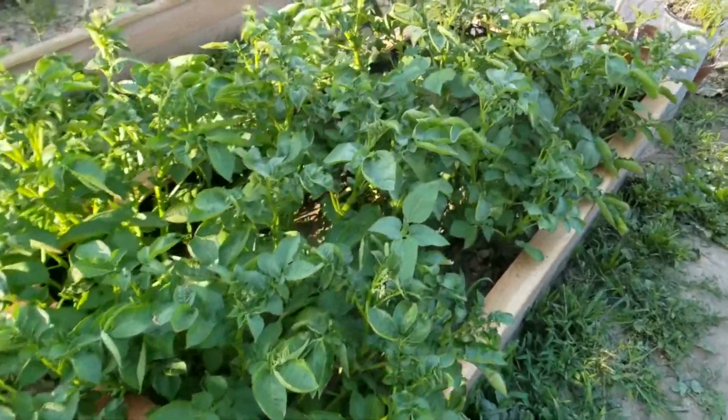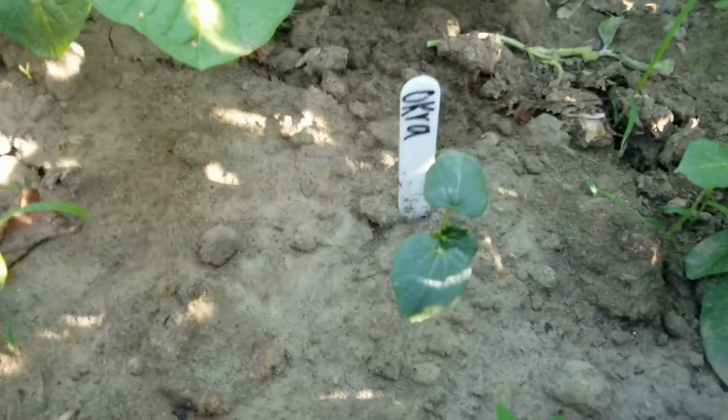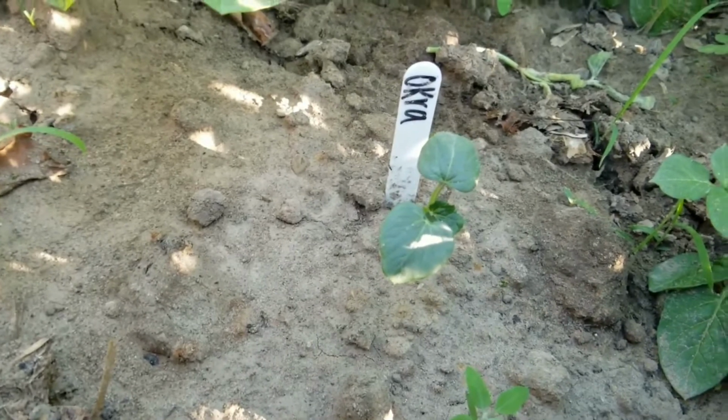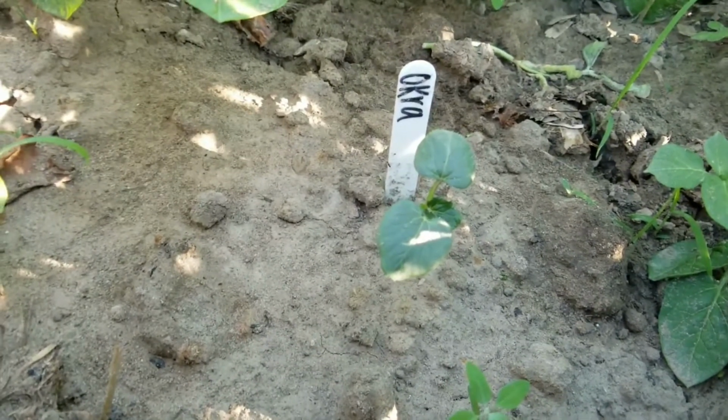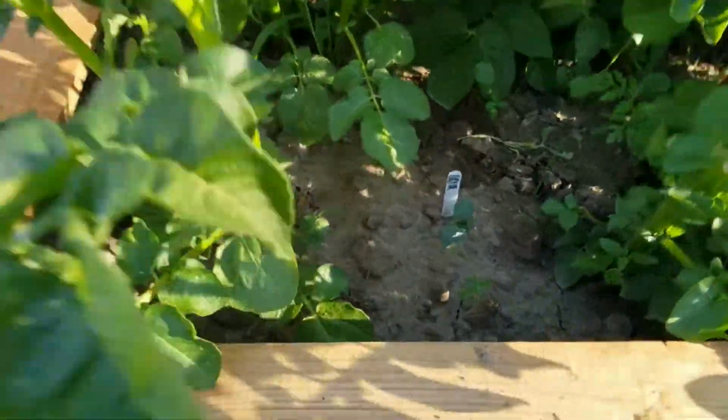Potatoes are doing really well. And when I was weeding the other day, I actually noticed I planted an okra down here and I actually labeled it. It's getting pretty shaded, so I'm not sure how this is gonna do. I don't know if I'm gonna get any okra this year because I think, I don't know what it is. I know this one's okra, but